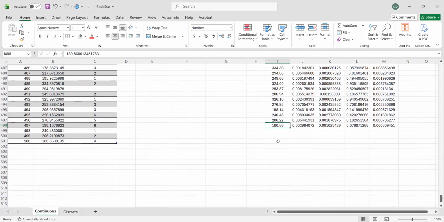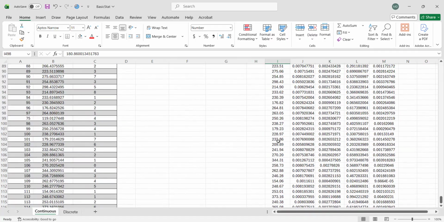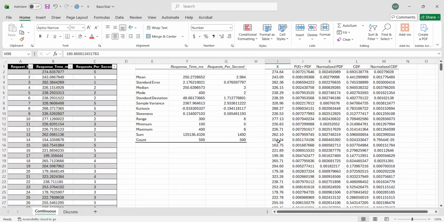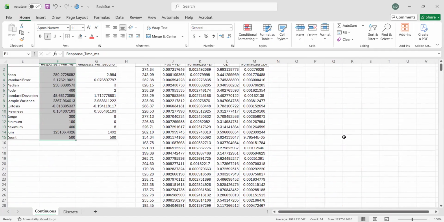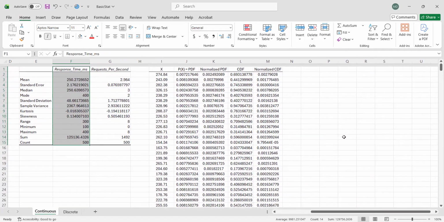See again. Doesn't match. Maybe I was not able to include some cells earlier because of the filter. I forgot the filter. Anyway, we now have the PMF or the PDF and then the CDF for the response time data set. Now we can plot the distribution for that.